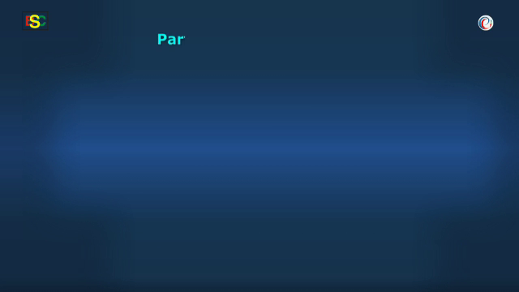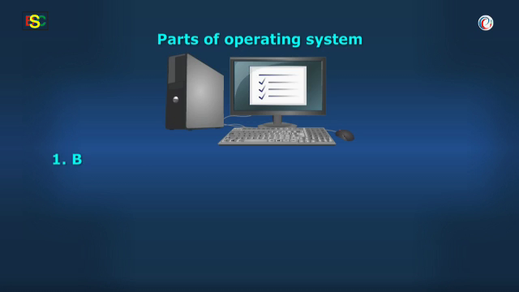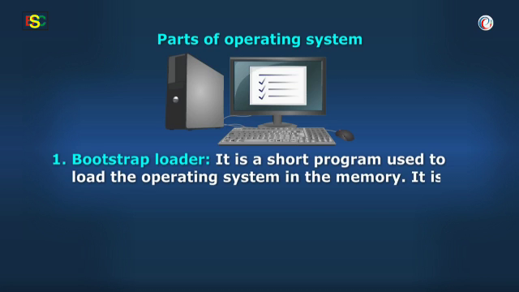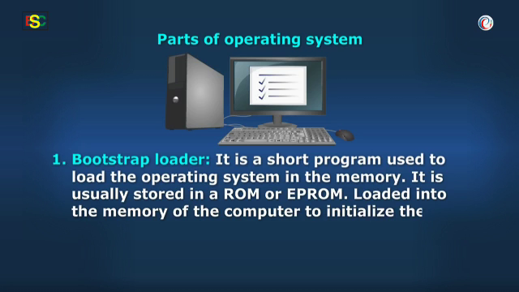What are the parts of this operating system, Baba? Good question, Vidya. The operating system has the following basic parts. Bootstrap Loader. It is a short program used to load the operating system in the memory. It is usually stored in a ROM or EPROM, loaded into the memory of the computer to initialize the booting